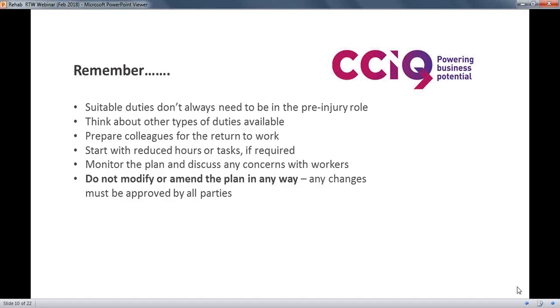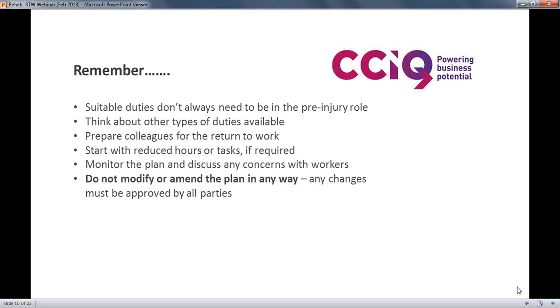Just thinking again about suitable duties programs, prepare the injured worker's colleagues for the return to work. So for those changes that they may be seeing, duties that a person might not be doing now, they understand a person's not just coming back and appearing to bludge. Unfortunately, I've heard of disputes arising out of people complaining about somebody when they had absolutely no idea that the person had come back on light duties.